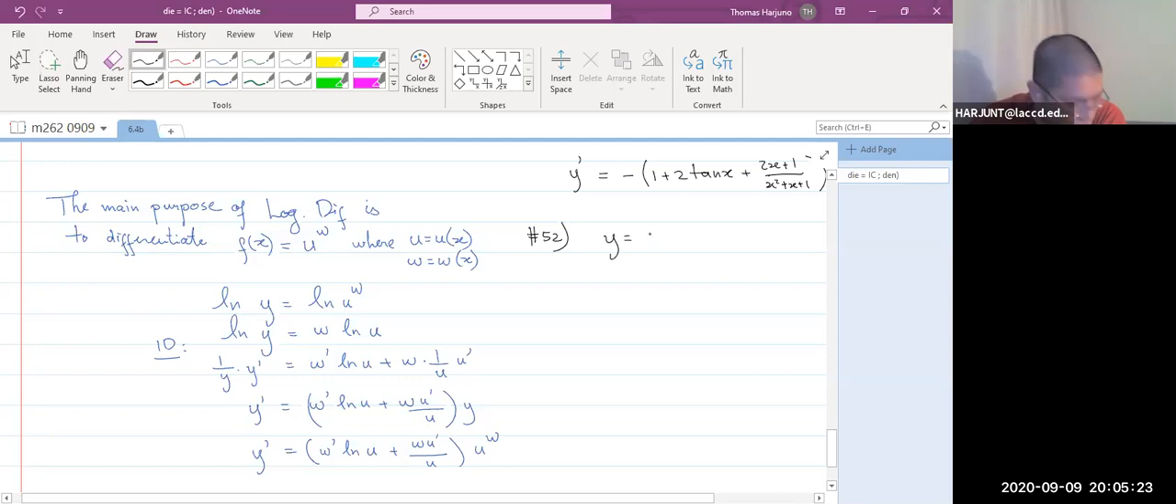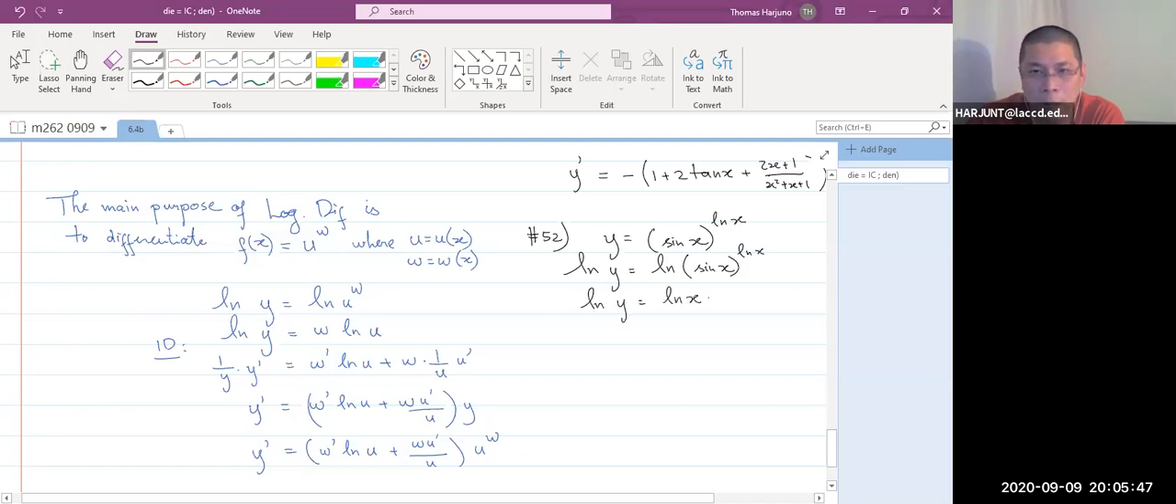Y equals a function of x to the function of x. Now apply natural log first. So natural log of y equals natural log of x times natural log of sine x. Then implicit differentiation gives me 1 over y times y prime equals 1 over x times ln sine x